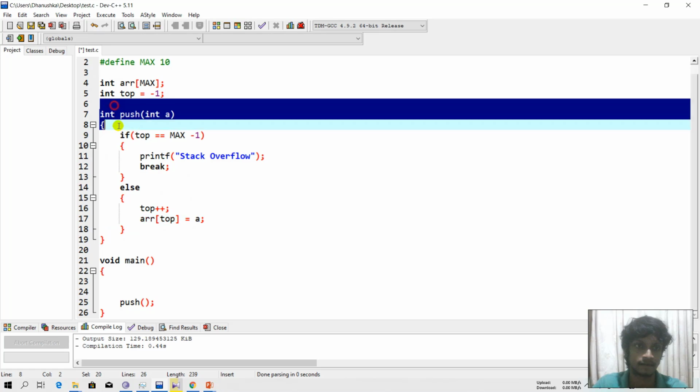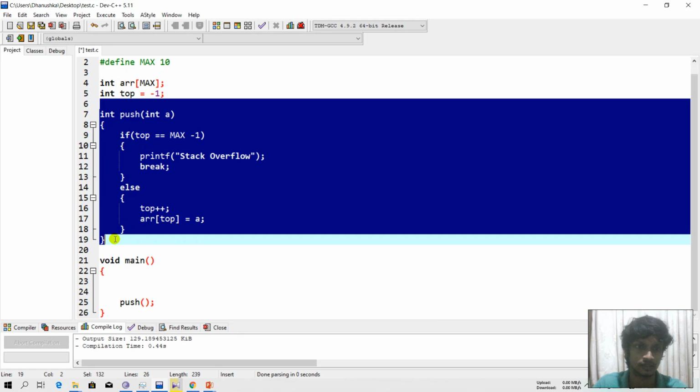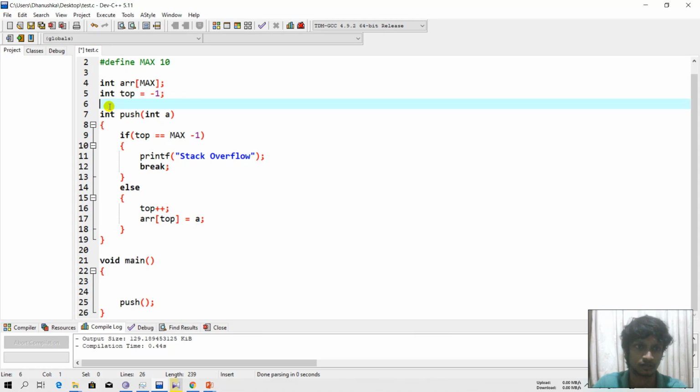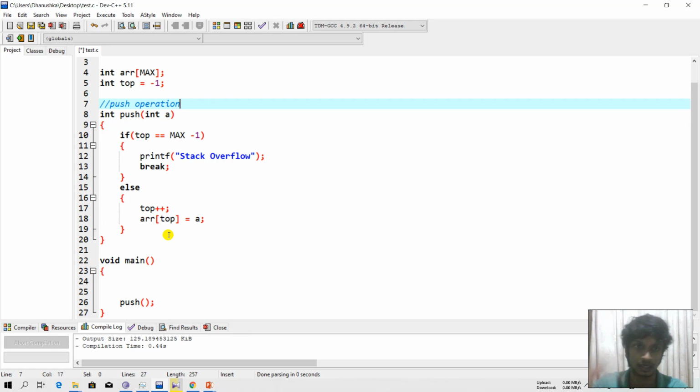Okay, I think our push method is successfully implemented right now. I'll put a small comment like this: push operation. So it will be easier if you go through your code later.